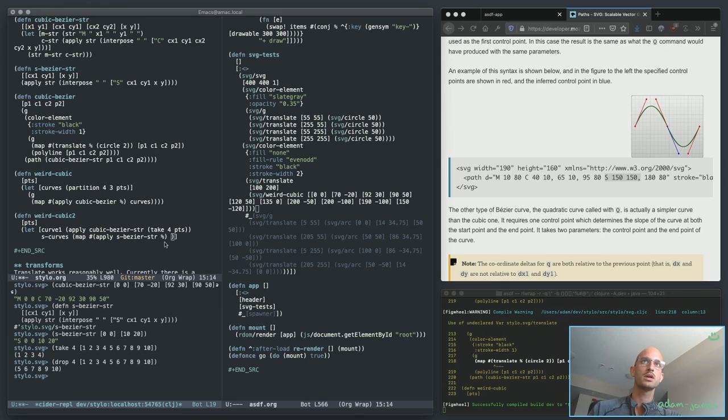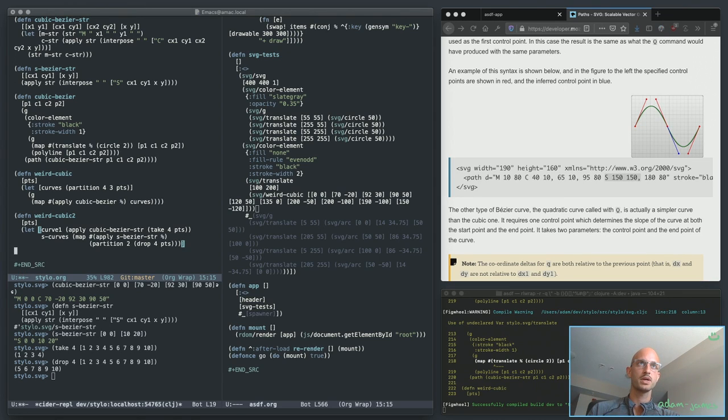Yes, okay. So here I have to apply this mapping to partition by 2 of the list drop 4 from points, so that you don't put the first 4 into the rest of your